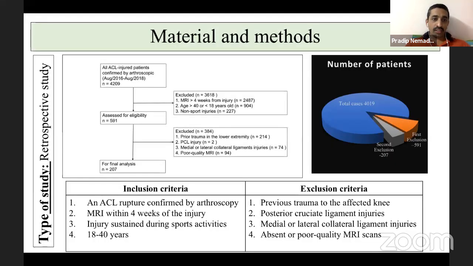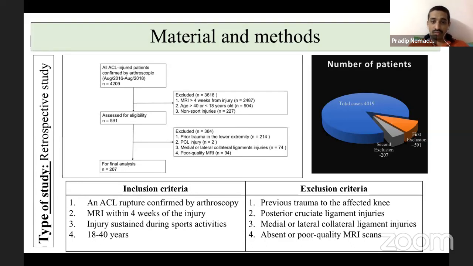So in the methods, it's a retrospective study. They have reviewed all their ACL injuries from August 2016 to August 2018. There were around 4,200 patients. Out of that, they have excluded